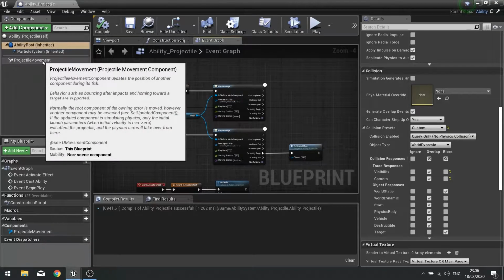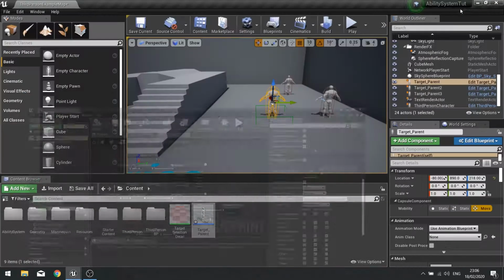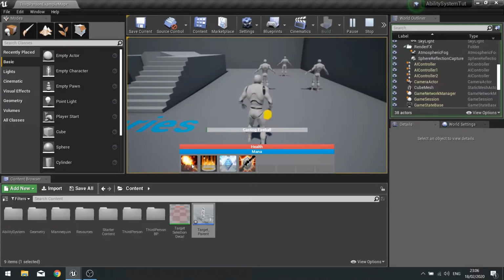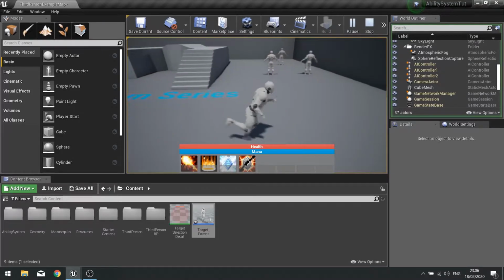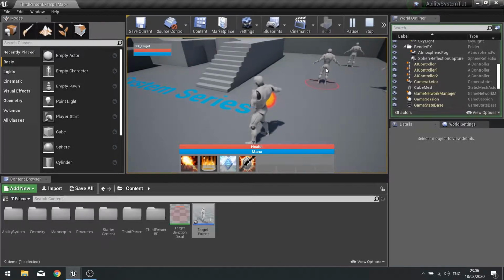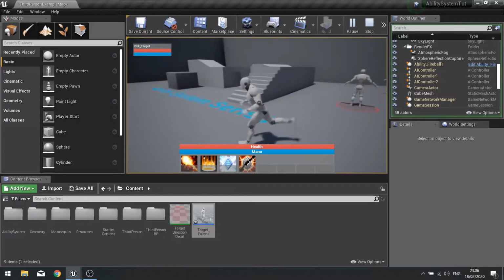So now this thing will hit both the walls and the pawns. To demonstrate this, I do that. There you go. Now the next thing we're going to do is make it so the fireball homes in on its target, because at the moment if I just shoot this way, even if I'm selected, it'll go in that direction.